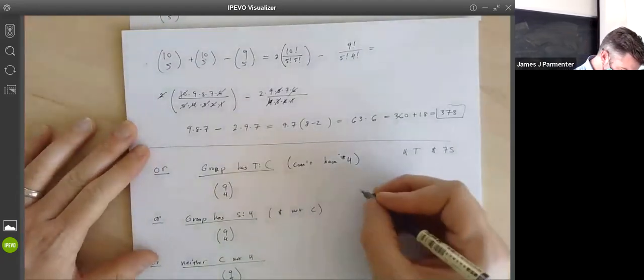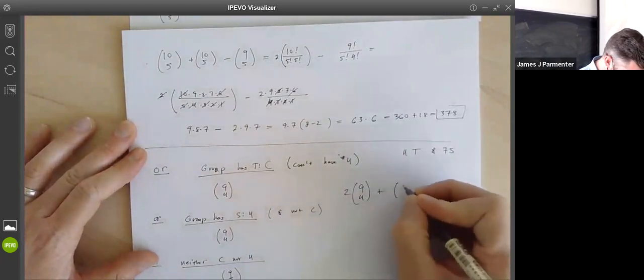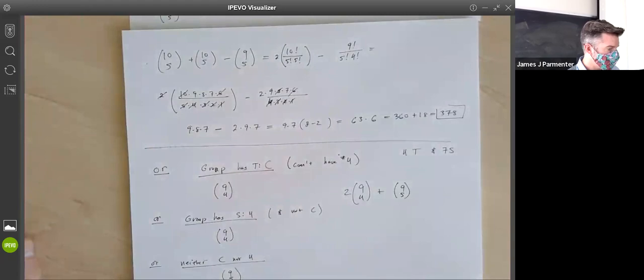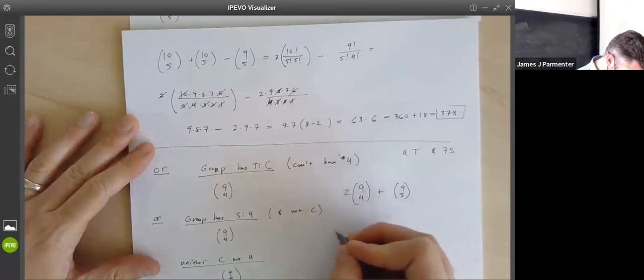So we're going to get 9 choose 4 times 2 plus 9 choose 5. And I'm pretty confident that's going to be the same. But let's do the work, because we should do the work. This is going to be